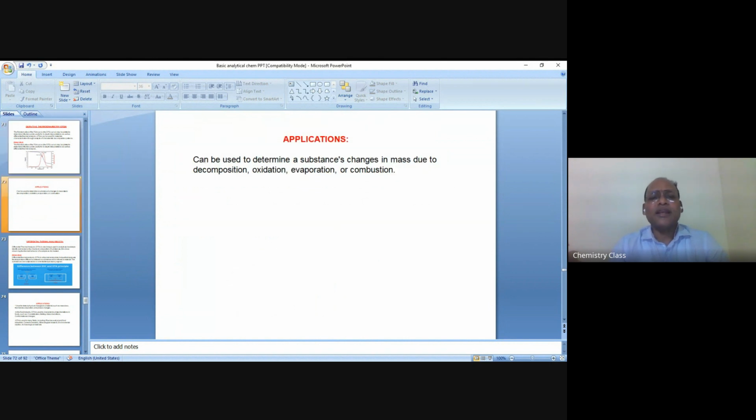What is the application? It can be used to determine a substance's changes in mass due to decomposition, oxidation, evaporation, and combustion. So this is the behavior. In the application area, we can calculate how much of a particular material has combusted, or how much of the material is taking part in evaporation, and all these things will be calculated here. Next is the